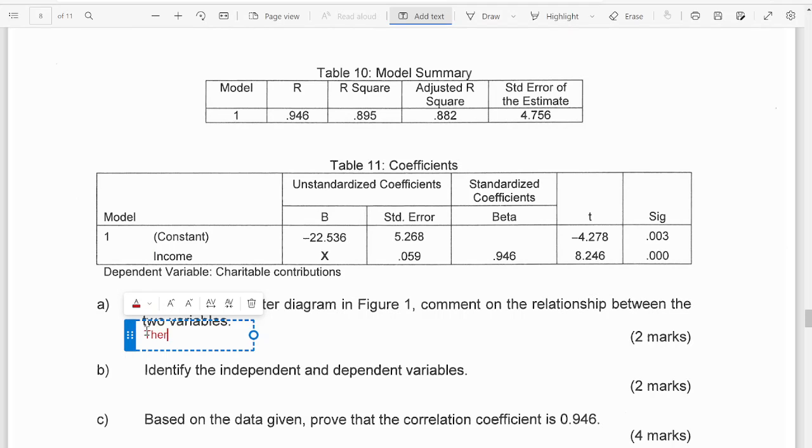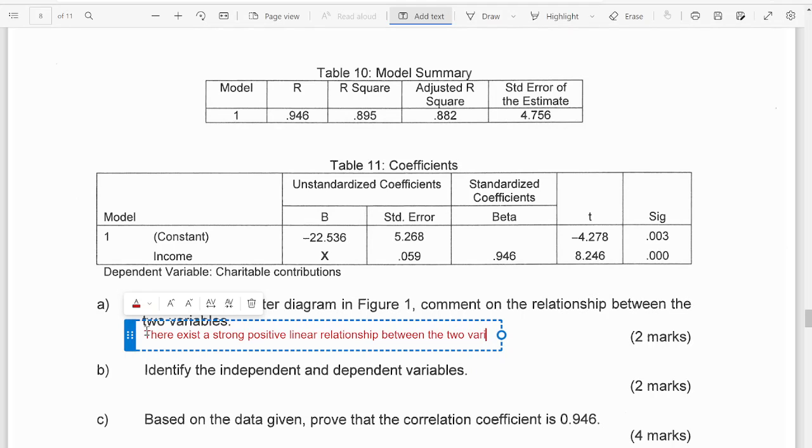You can just say there exists a strong, this is the strength, and then you must have the direction, positive linear relationship between the two variables. And in this case, if you want to be specific with the variables, you can name the variable as